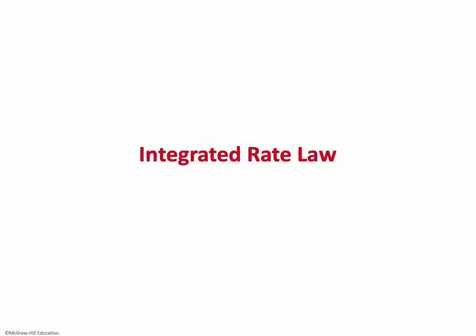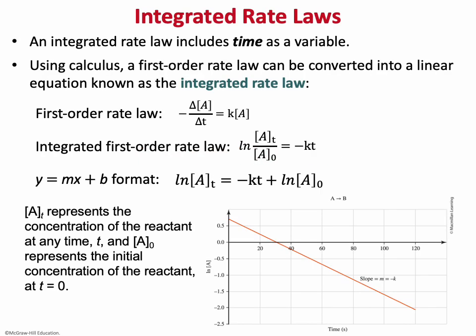Integrated rate law. These laws are basically equations that express the concentration of a reactant in a reaction as a function of time. So if we take the rate law that we have seen before, let's say A is my reactant, rate is equal to k multiplied by concentration of A to the power of x, m, n, whatever it is. So if we take this rate law and we integrate it over the period of time t,